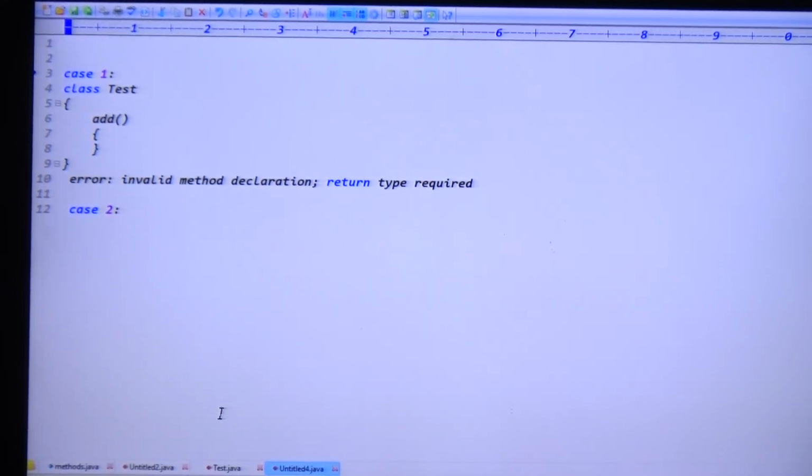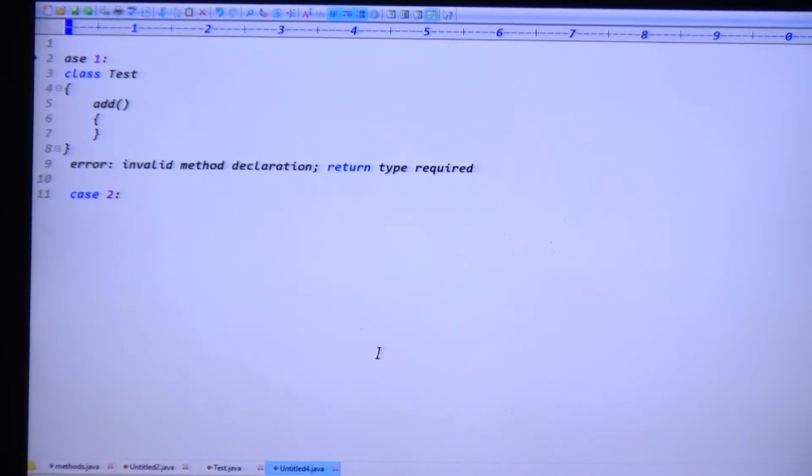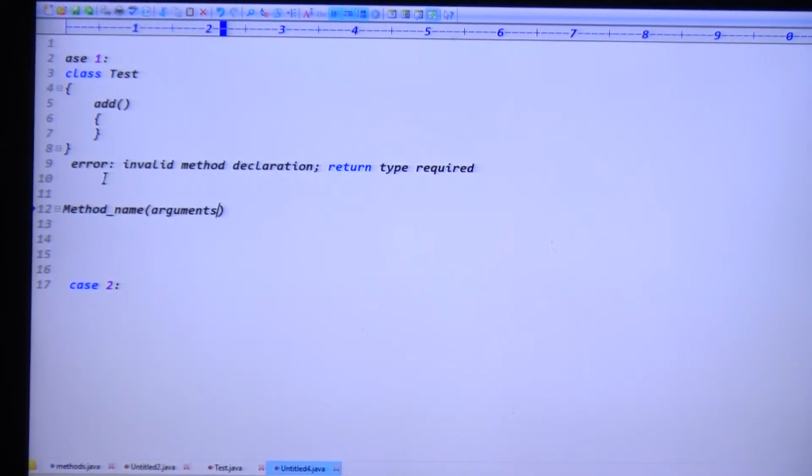Coming to case 2. See, before going to case 2, guys, let me first explain the method syntax. Most of you are thinking, sir, where is the method syntax? See, guys, every method contains a method name first of all, to identify the method. Every method contains a method name, and a method can take inputs, which is nothing but an arguments list.